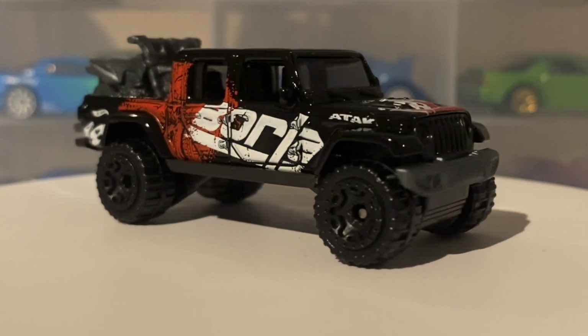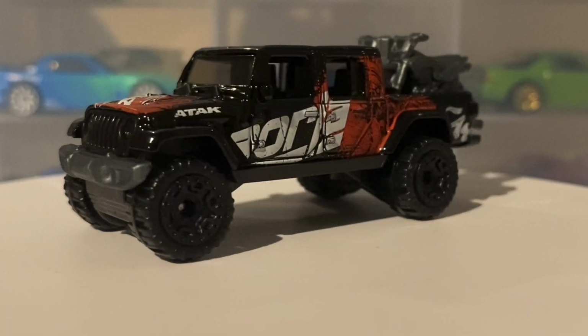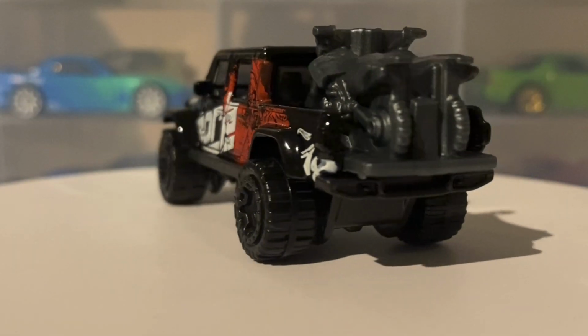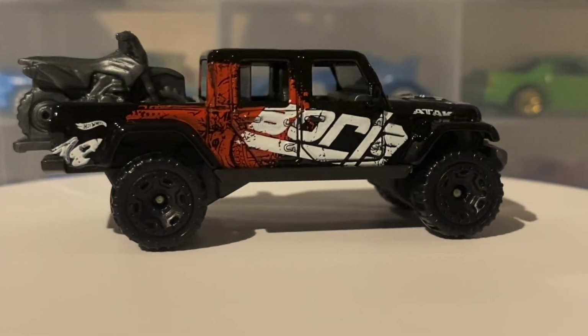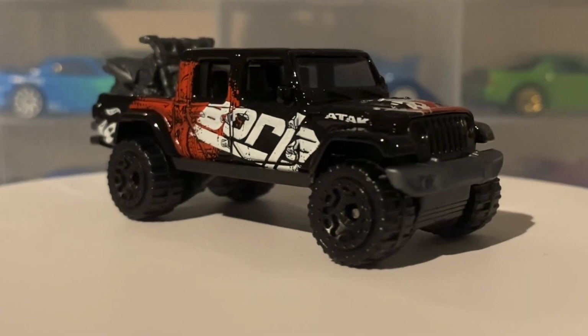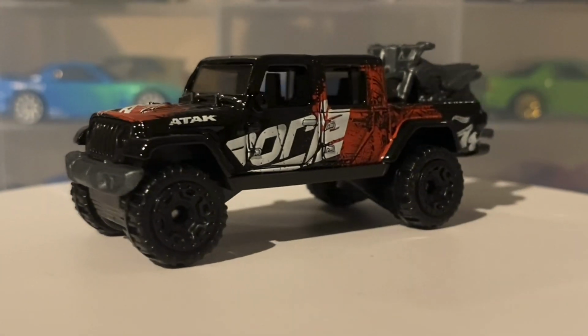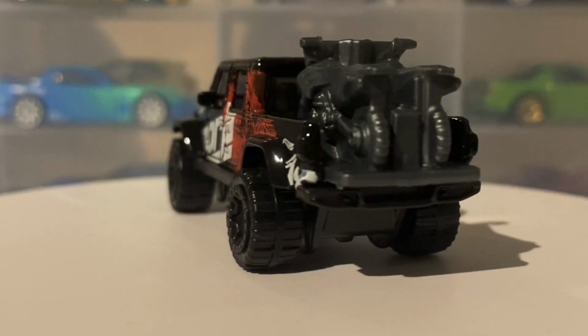Alright, so now it's time for my final review and thoughts on this car. I think this is an absolutely amazingly well executed casting, as with most Hot Wheels castings nowadays. Most of the bad castings were done, you know, pre-2005 really, and even then some of the models were actually pretty accurate and realistic looking. This one is another great addition to your collection, and I highly recommend you get this if you ever see it in stores,